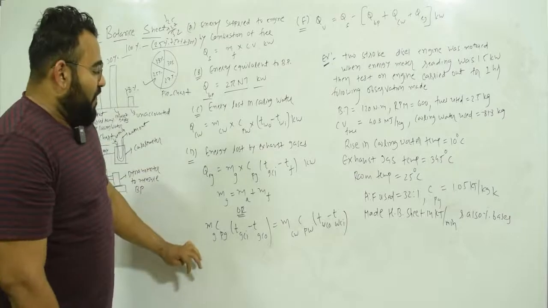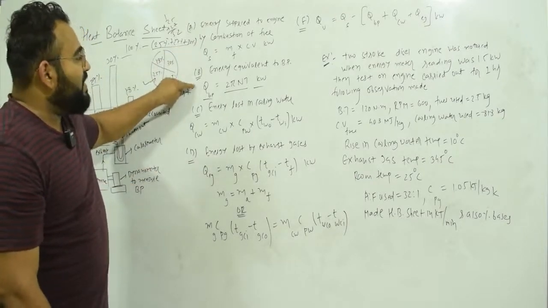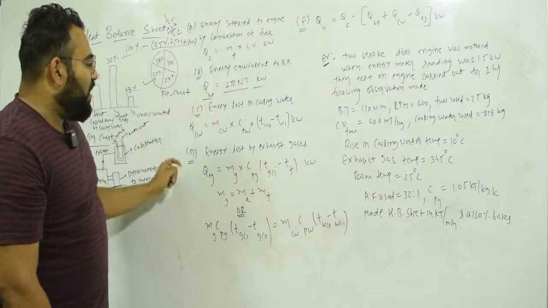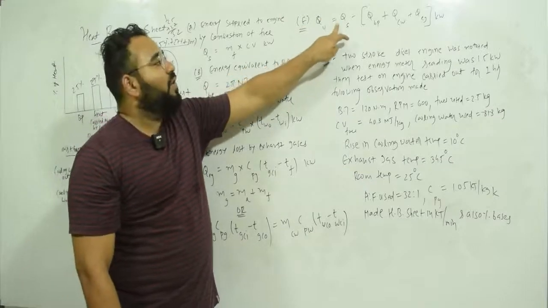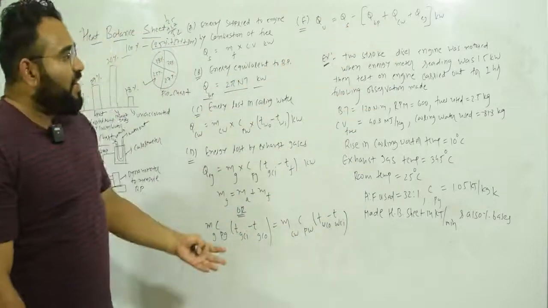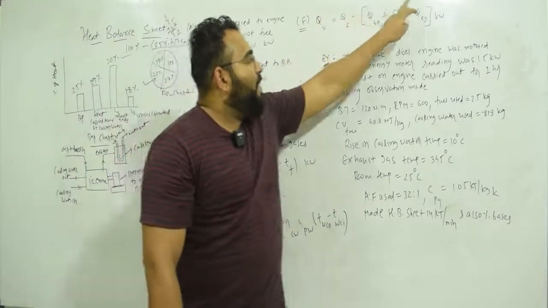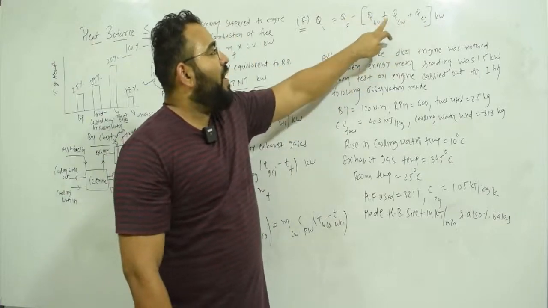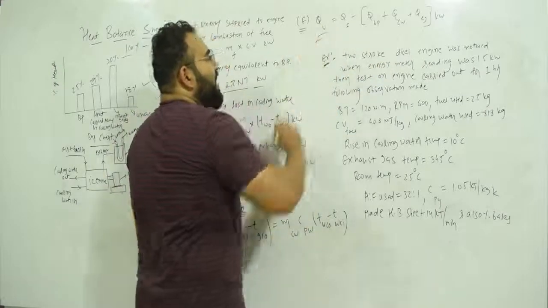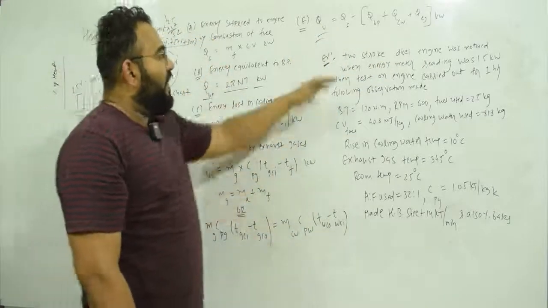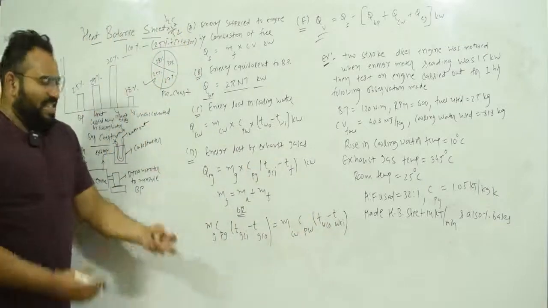Before I finish this theory, we know that we have to find the heat supplied, energy converted to BP, energy lost in cooling water, and energy lost by exhaust gases. Now, unaccounted means what? Unaccounted is equal to 100 minus the remaining losses. So you can find the unaccounted losses. Unaccounted losses QU is equal to heat supplied minus the sum of heat converted to brake power, heat loss in cooling water, and heat loss by exhaust gases. So this is how you can find the unaccounted heat losses. After finding this, you can make this kind of sheet from the given data. So now this is just theory.